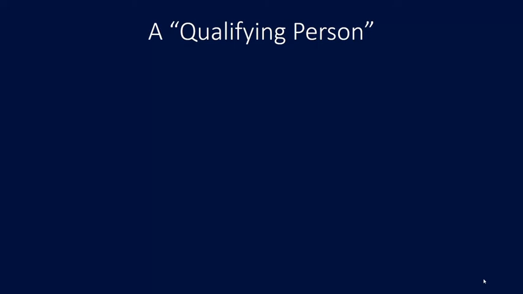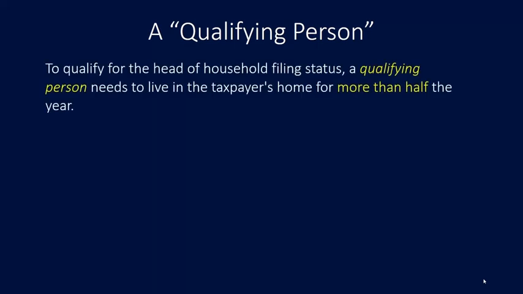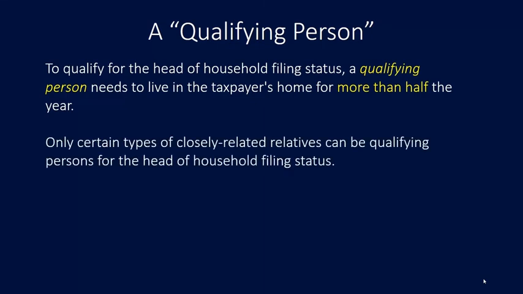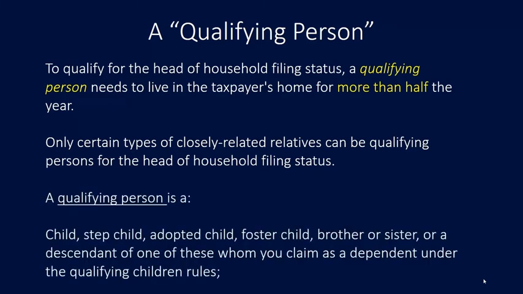What's the definition of a qualifying person for this head of household filing status? Well, to qualify for the head of household filing status, a qualifying person, again, needs to live in the taxpayer's home for more than half the year. Only certain types of closely related relatives can be considered qualifying persons for the head of household filing status. A qualifying person is a child, stepchild, adopted child, foster child, brother or sister, or a descendant of one of these,